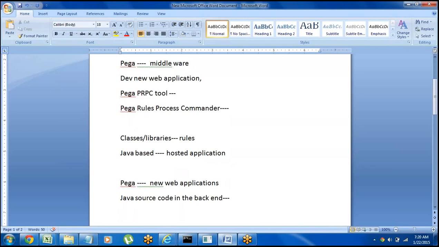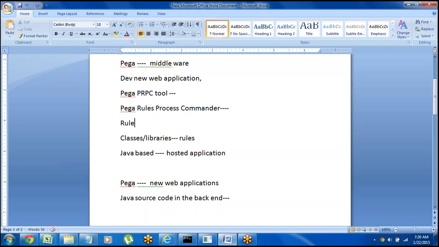So Pega rules are nothing but built-in classes or libraries which are designed using Java technology. And Process Commander is a storage engine to store all the inbuilt rules. So what classes we have, what inbuilt functions we have, for storing all those functions, Process Commander is a storage area. Normally in real time, Pega is called PRPC, or Pega Rules Process Commander. So simply saying, in Pega everything is called a rule.